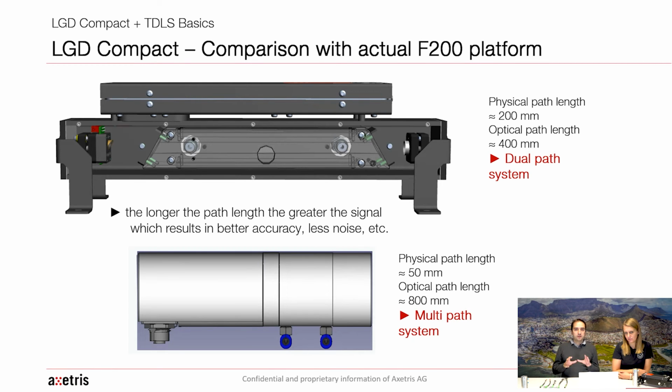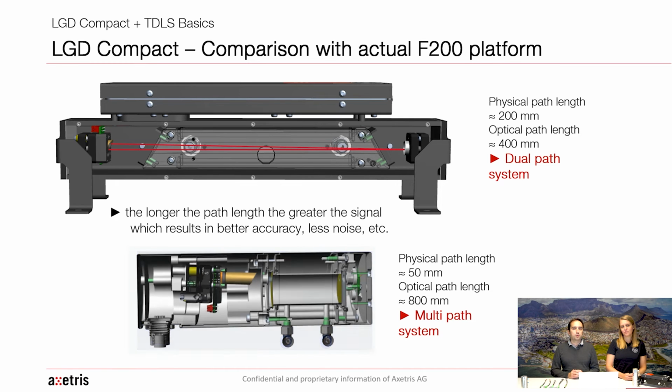We can now have a look at the devices and how they look inside, and also compare this new LGD Compact to the platform it will replace, the F200A, the F200 Ambient. Here on the slide you see the F200 on top. From inside, the idea behind was the same: we have the laser going through the measurement cell to the mirror and reflected to the photodiode. In this case, we have a dual pass for a 40 centimeter absorption length in the whole device, with a